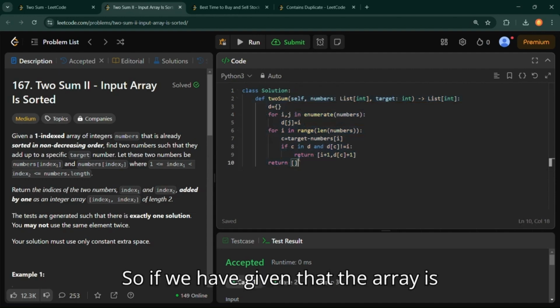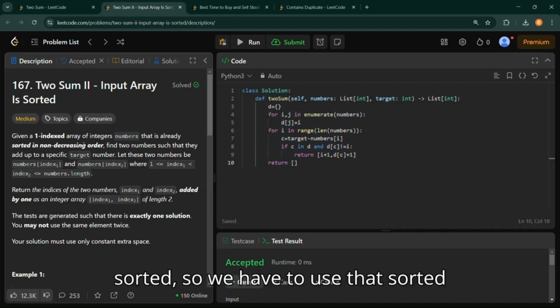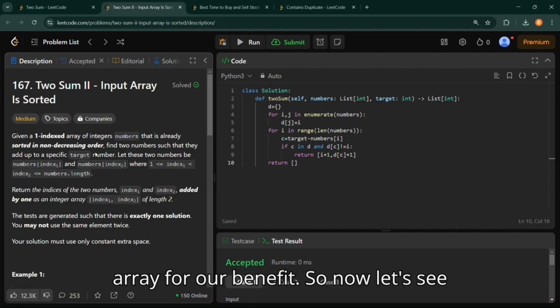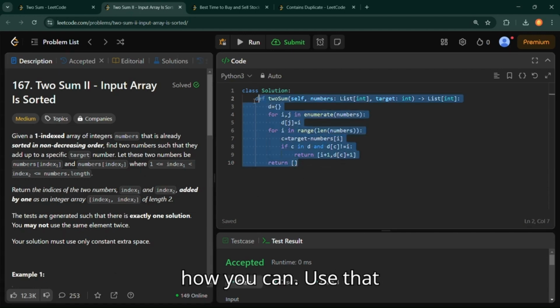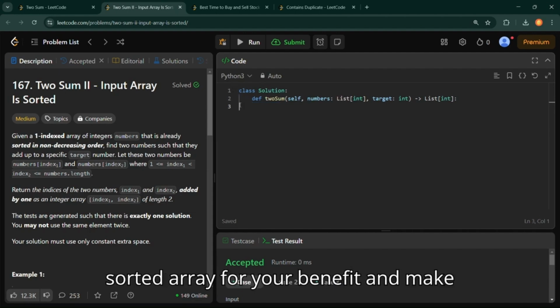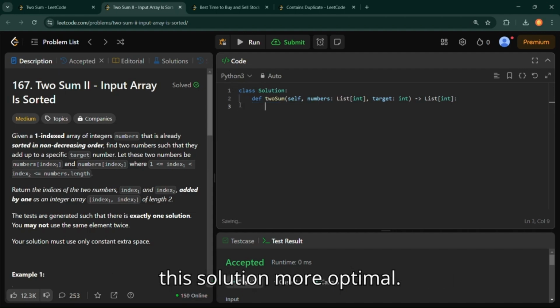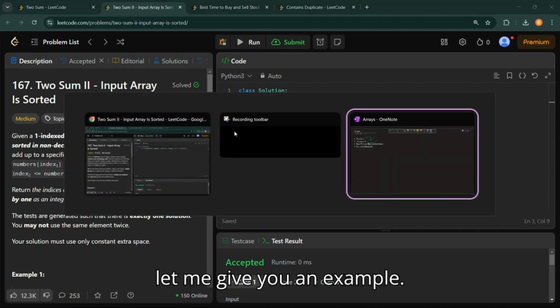If we are given that the array is sorted, we have to use that sorted array for our benefit. So now let's see how you can use that sorted array for your benefit and make this solution more optimal. Let me give you an example.